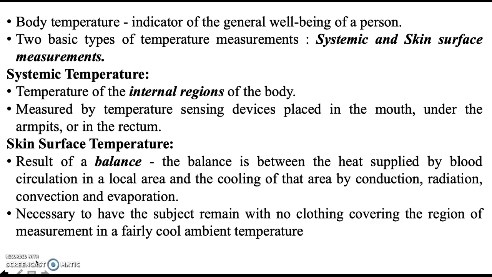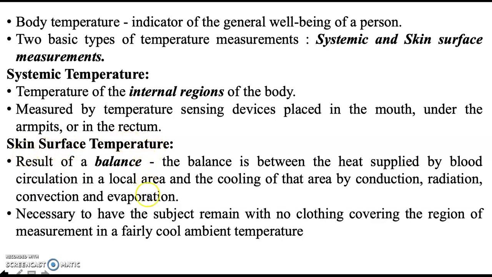Next we'll see about skin surface temperature. This skin surface temperature is actually a result of some kind of balance. So let's see what this balance is due to. Usually, whenever there is blood circulation in some region, heat is generated in that region. This heat generated will be cooled by conduction, radiation, convection or evaporation. So simultaneously there will be heating and cooling, and because of this balance between the heating and the cooling, there will be a temperature, and that temperature is called